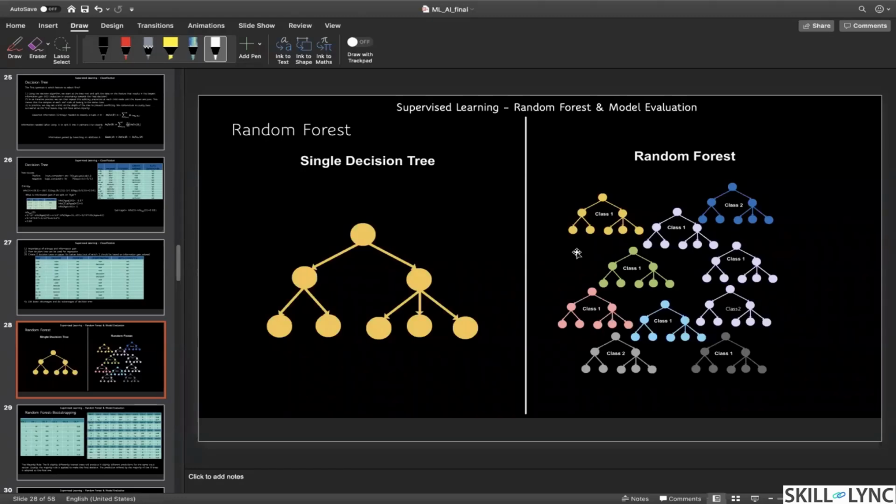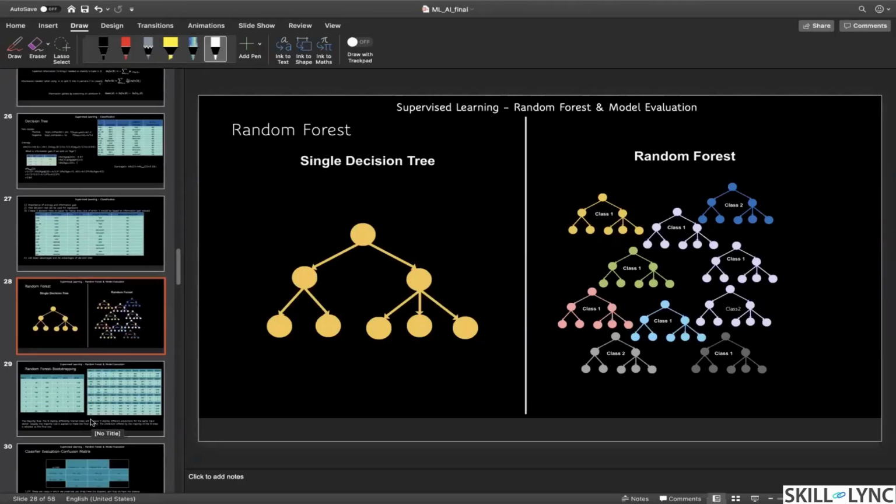So it will help you in taking a better prediction. And how would you do that? By using the majority rule. Majority rule in the sense, you will see how many people are going with prediction A, how many people are going with prediction B, and then you will go with the majority. Simple, very simple, right? Did you understand this random forest?